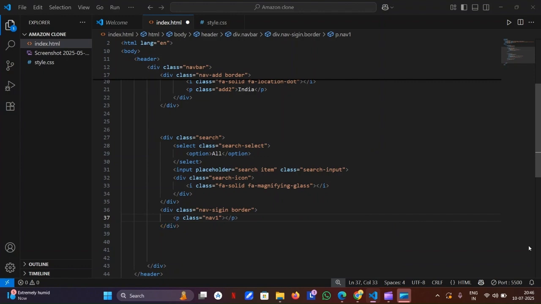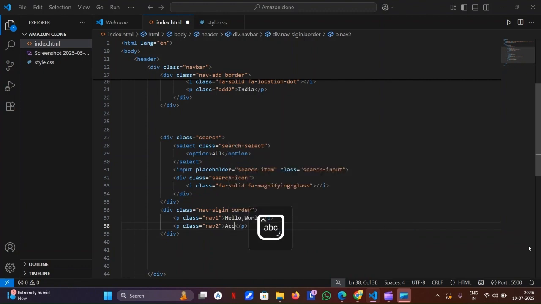And here you can write anything, like hello, comma, your name, for example hello world. This is the basic line of the code that every coder writes from the beginning. Then after that we will create another paragraph tag, in which class name we will write nav2,